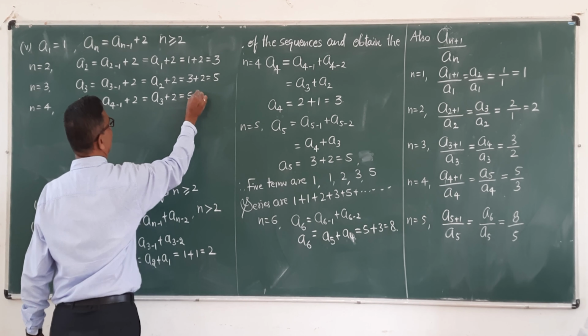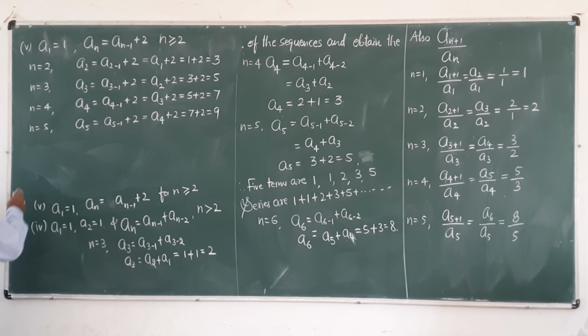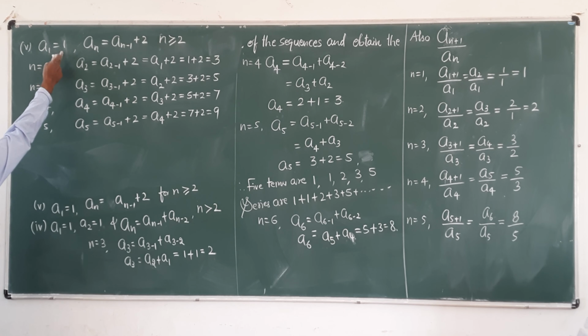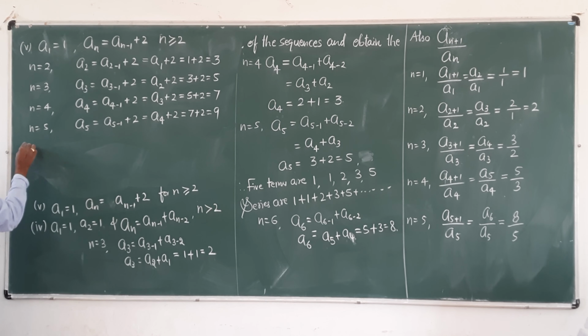a5 is equal to a5 minus 1 plus 2. That is a, 5 minus 1, 4 plus 2. What is a4? a4 value is 7 plus 2, that is 9. Okay. We got 5 terms. First term 1, 2, 3, 4, 5. Therefore, 5 terms